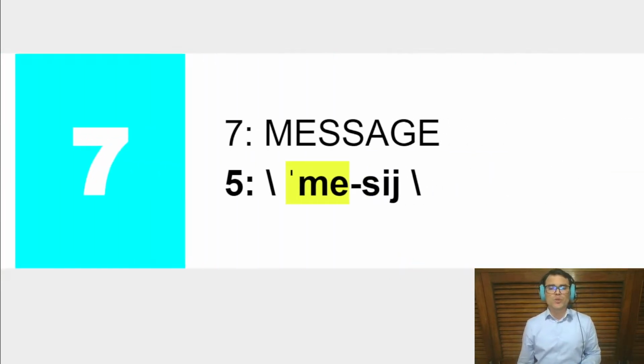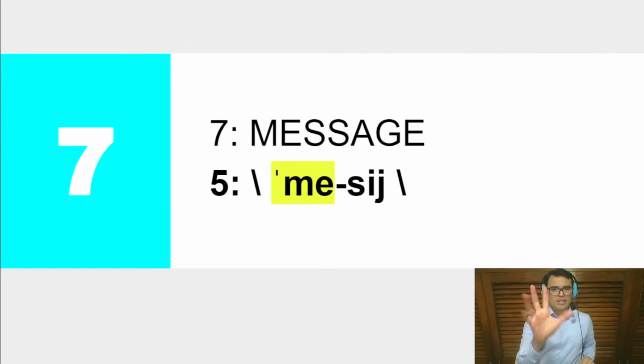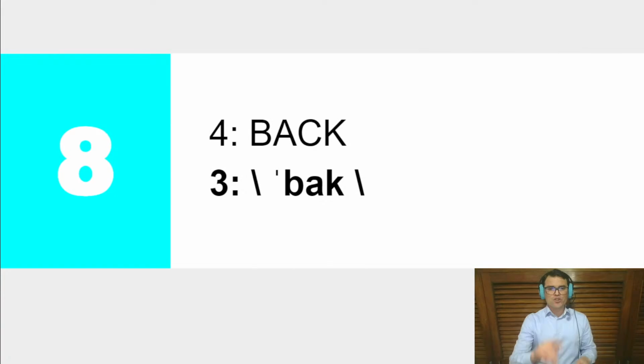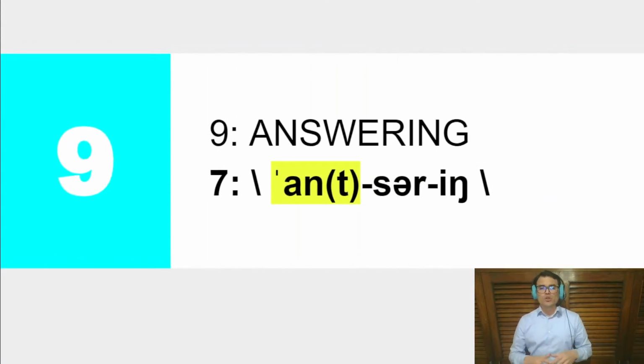Good. This one, 7 letters, 5 sounds, 2 syllables. The first syllable is the stressed syllable. You have a in the first syllable and e in the second syllable. Pronunciation, message, message. Next one, 4 letters, 3 sounds. You have a in the word. Back, back. Number 9, you have